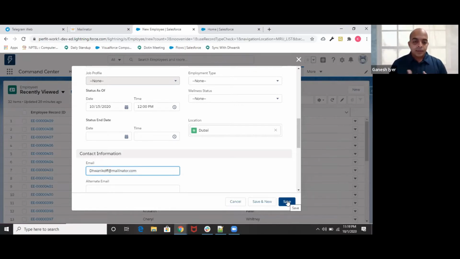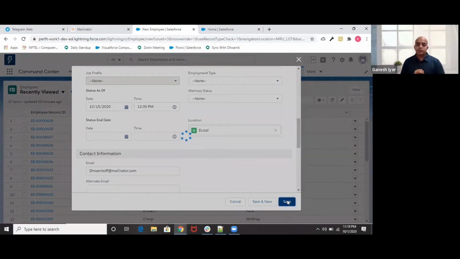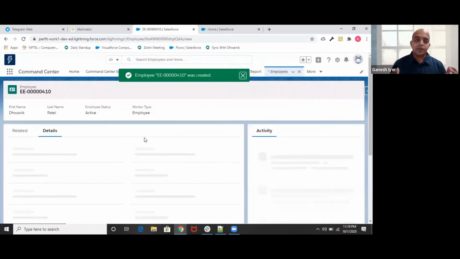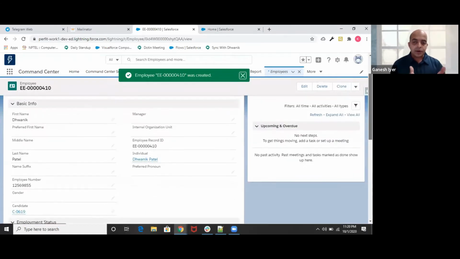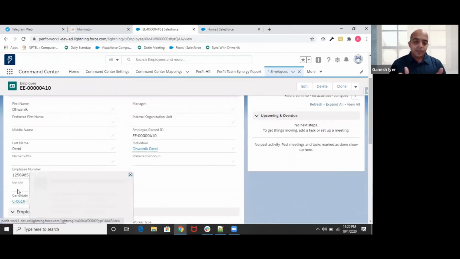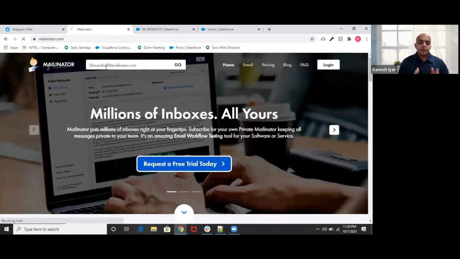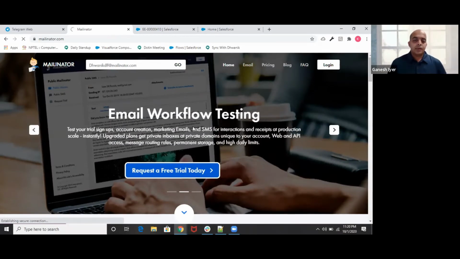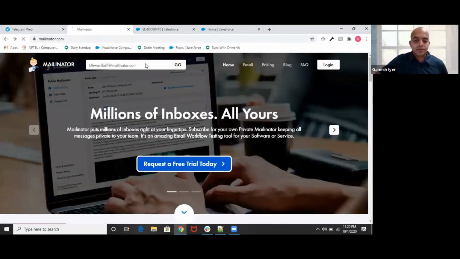And basically, right now the email is added. And once the email is added, we are now going into the email. You can see that the record is created. You can see all the information is in here. And you can see the cards being displayed. Once this is done, we are going to the email to identify the link that was sent to us. So we are running the email right now.